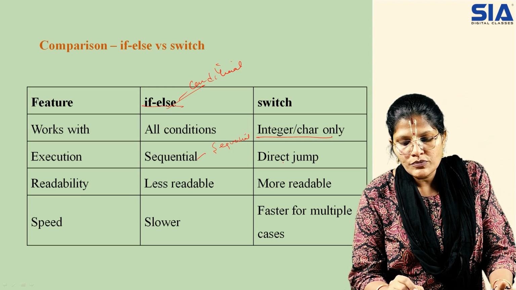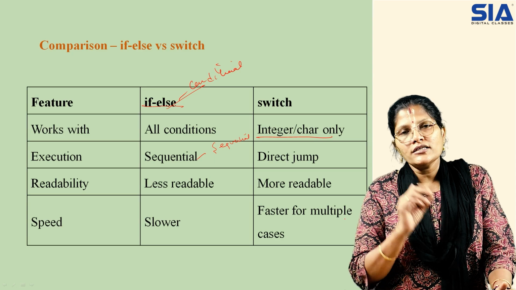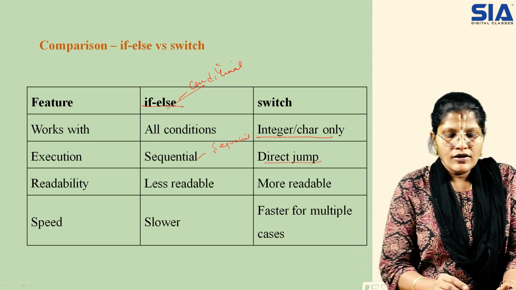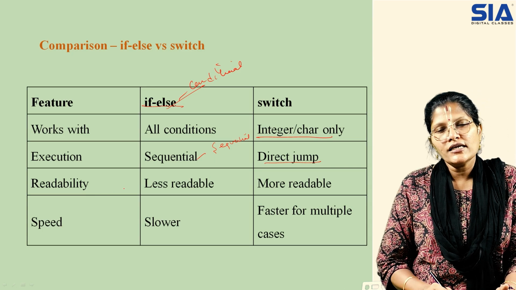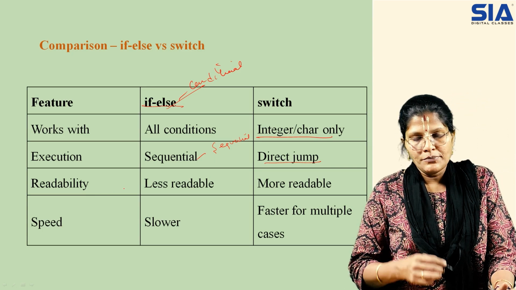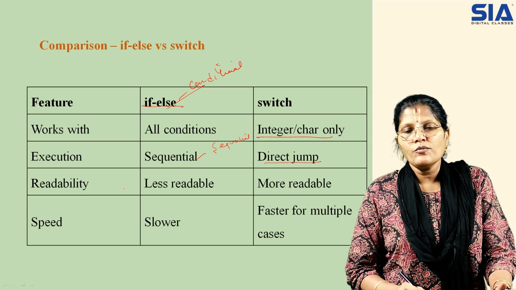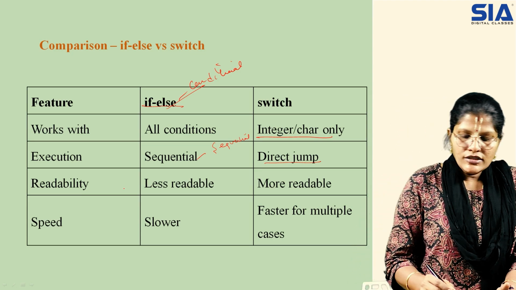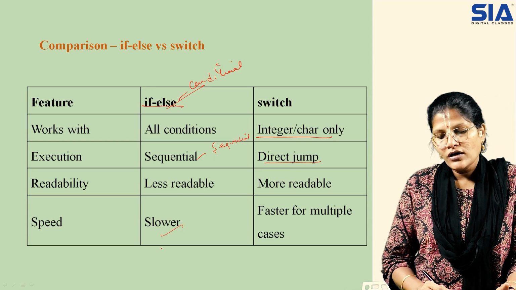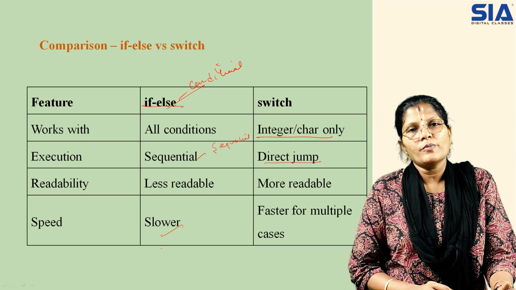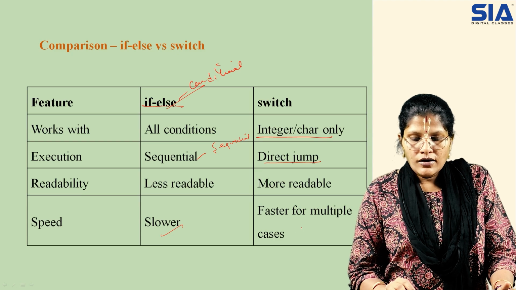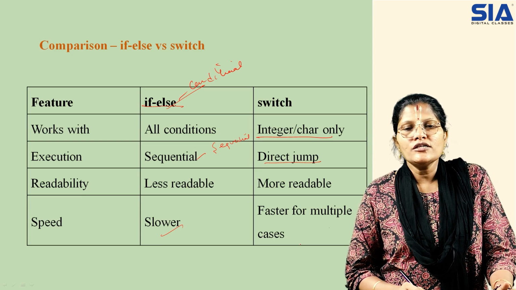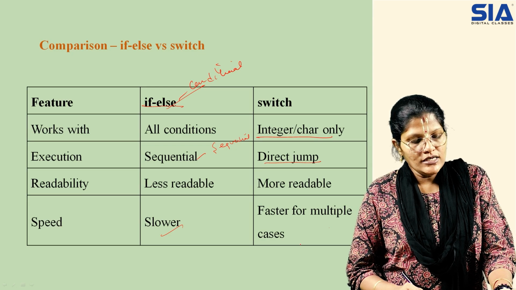Now, when you are going with a switch, it is jumping from one particular case to the other case. That is the reason we say it is a jumping statement. Whenever you are going with readability, if and else is less readable because there is a headache of the braces, whereas switch has more readability because everything is in an organized form in the form of cases. When you talk about speed, if and else executes slower because it has to check the opening and closing parentheses, whereas with switch, because it has multiple cases, it is easy to access the cases.